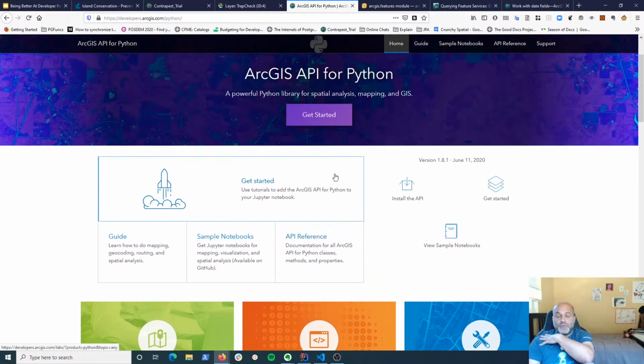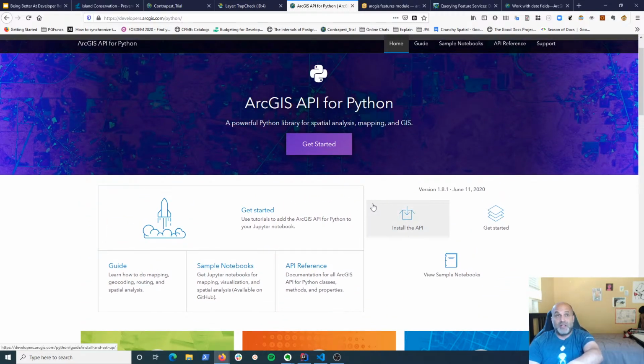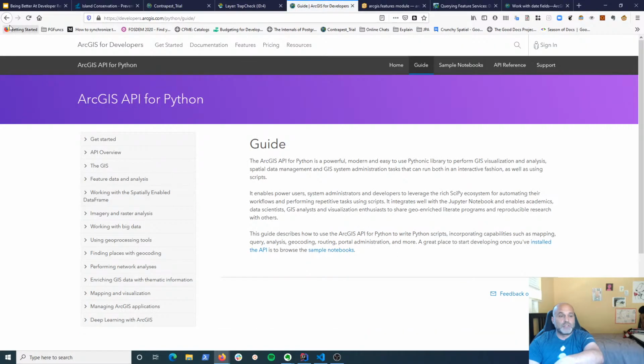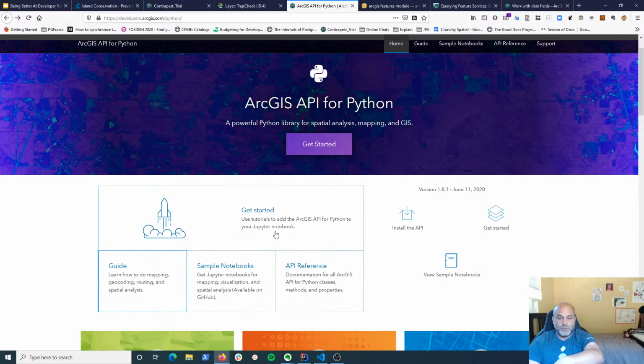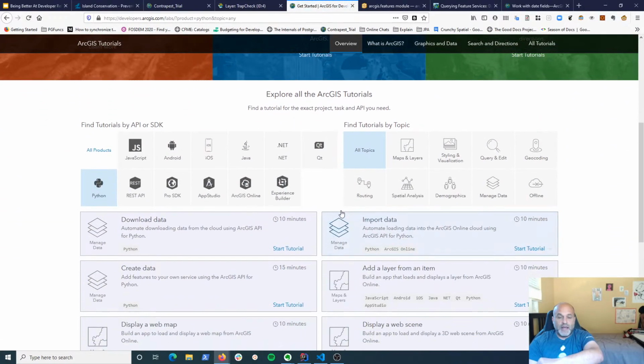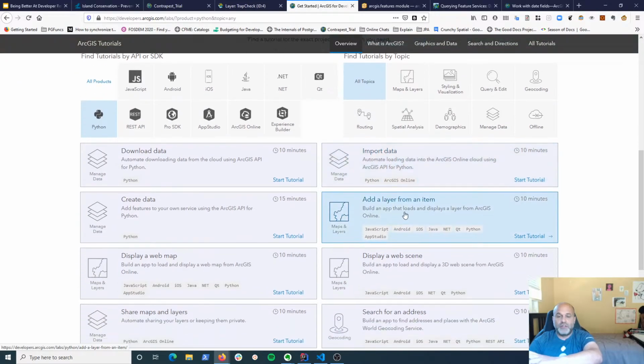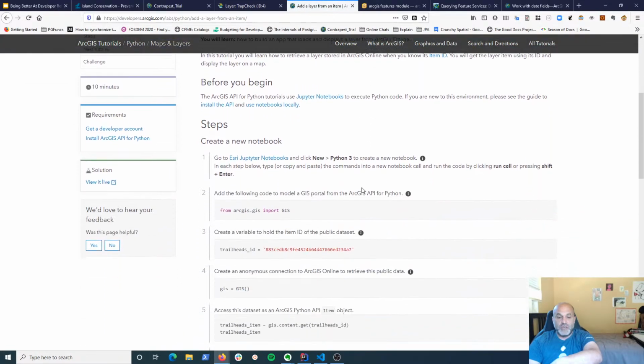I would also say their API is actually quite nice. The Python SDK's API is actually quite nice. It's just that a lot of their guides, there's the getting started, and then there's all the topics. A lot of the topics don't deal with using your own data. This one does.